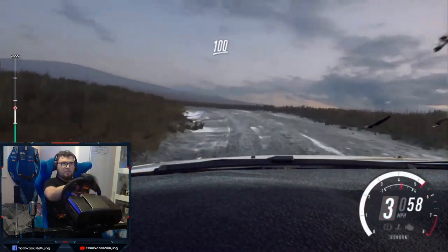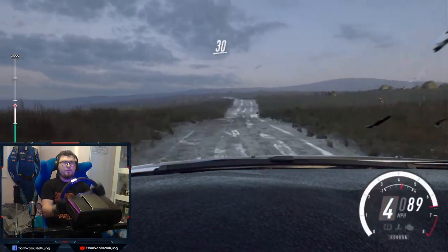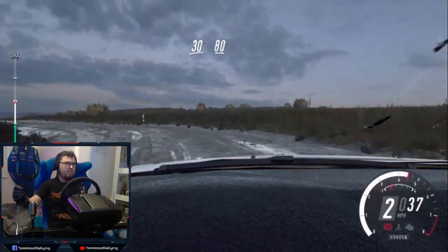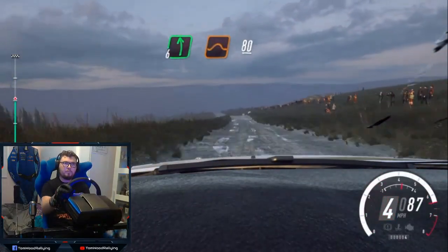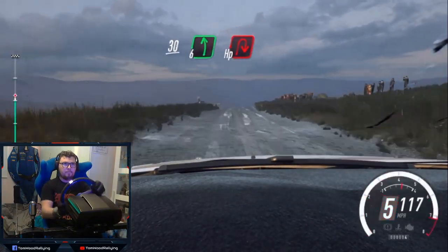100 bumps, don't cut, 6 left of a jump, keep right. I was just into the era then, as you also had the Super 2000 cars. 30 of a crest, at the time. 80, 6 left of a crest. You know, nowhere near as competitive as these, but 6 left of a big jump, 80, keep middle of a crest, jump slow, 30, 6 left into turn, open hairpin right,